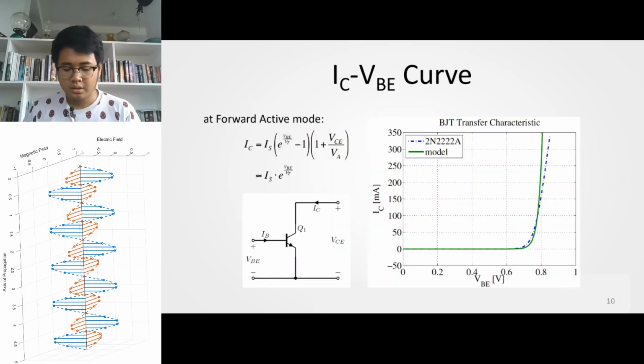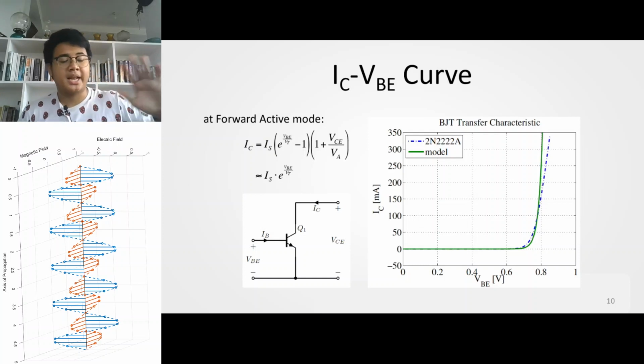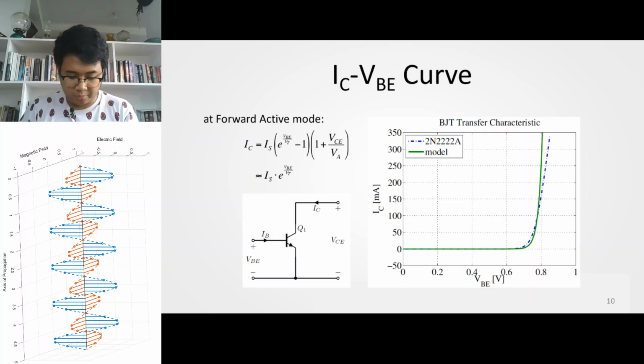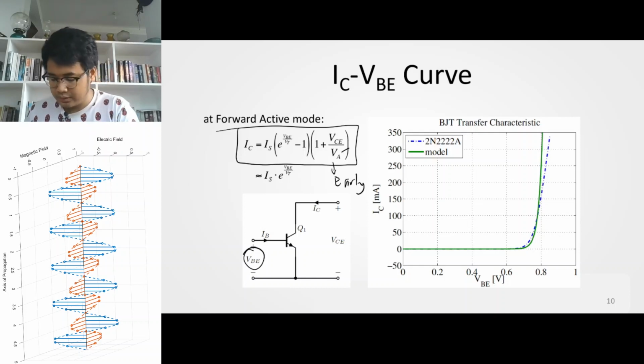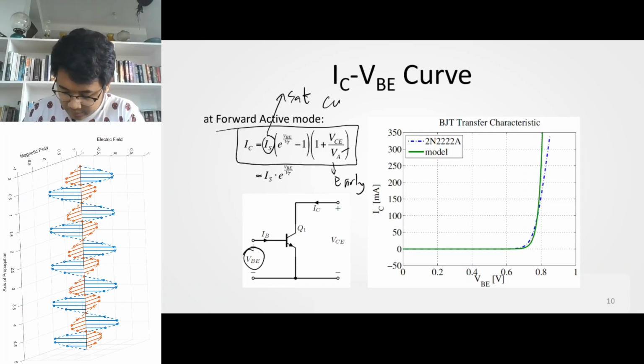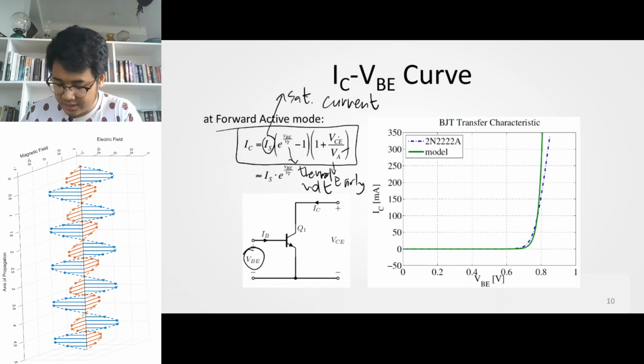Okay? Another parameter of interest is relating the current IC to the input VBE. So the relationship between them is defined by this function, where VA is called the early voltage. IS is the saturation current, the reverse saturation current. VT is the thermal voltage. VCE is the voltage across your collector and emitter, and VBE is the input voltage at the base emitter